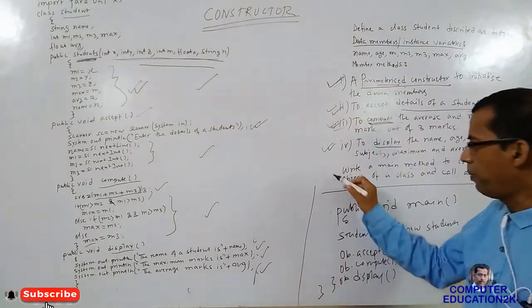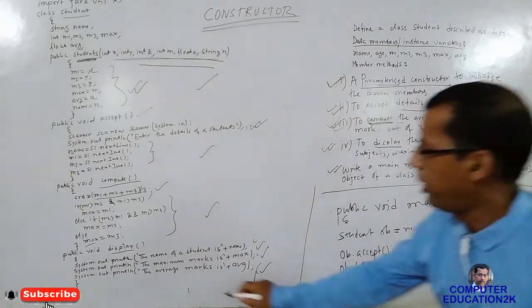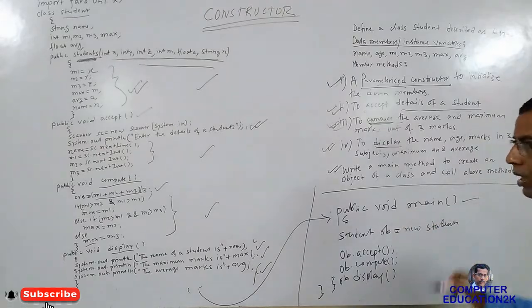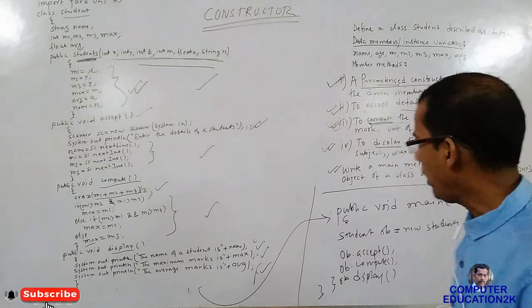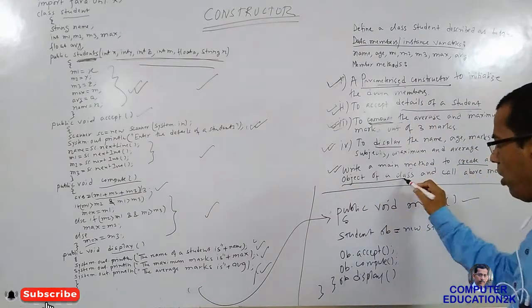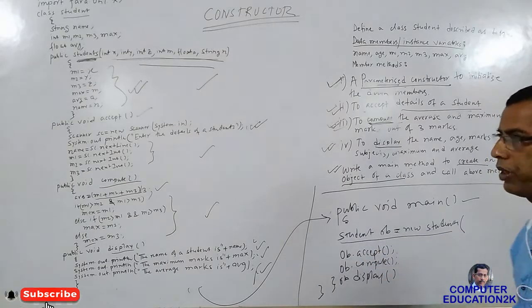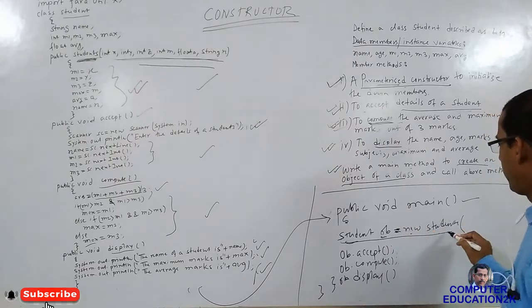Now one more thing is left, that is you have to declare the main function. So after this I have written public void main. You know, in this kind of program the main function will come at last. And in the main function you have to create an object. It says you have to create an object, so I have created an object here. How to create an object, you know? Class name object equals new class name.